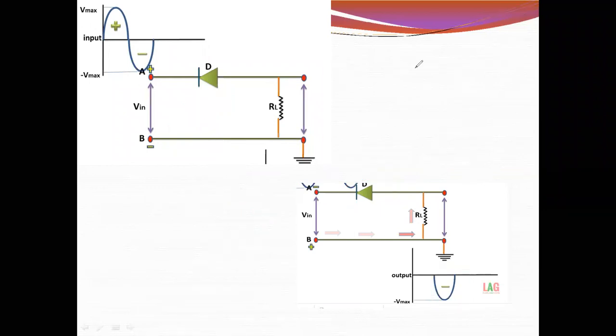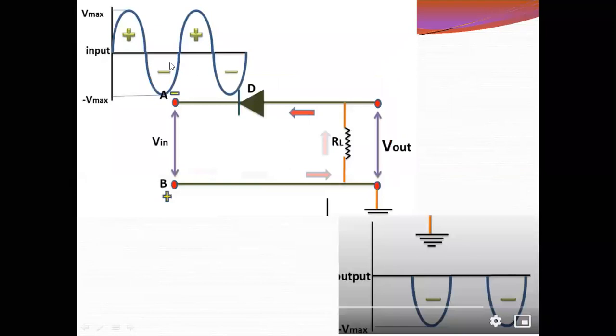Now we will see the entire input waveform and entire output waveform. See here, it is the entire input waveform. This was the entire output waveform. In the output, from the total input applied, you are getting only the negative half of the input. That means you are removing the positive portion from the input. So that's why it is called a positive series clipper.